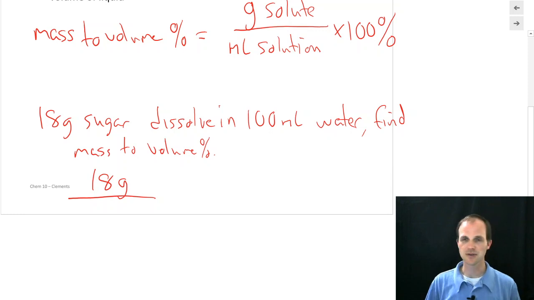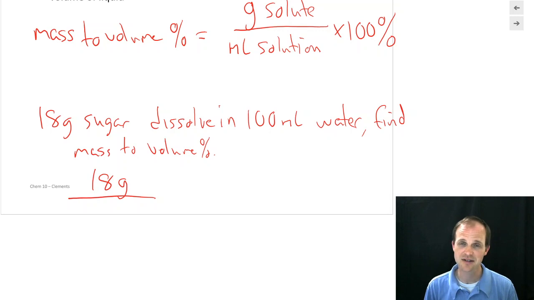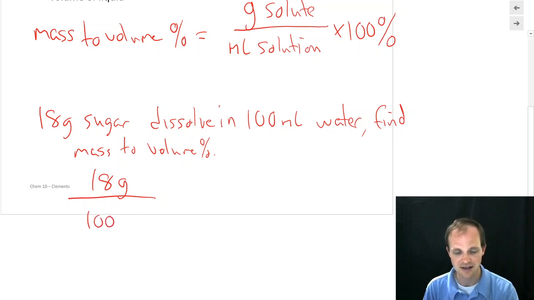Milliliters of solution. Well, I've got 100 milliliters of water, but I just added some sugar to it. So what's the new volume? And some people will say, well, you just add 18 to that. But it turns out that's not what happens. It turns out when you dissolve a little bit of sugar into water, the volume doesn't change by much. And in fact, we're actually going to use 100 milliliters as our final volume of water. How can we get away with that? Because there's this general rule that people use that when you add a small amount of solute,